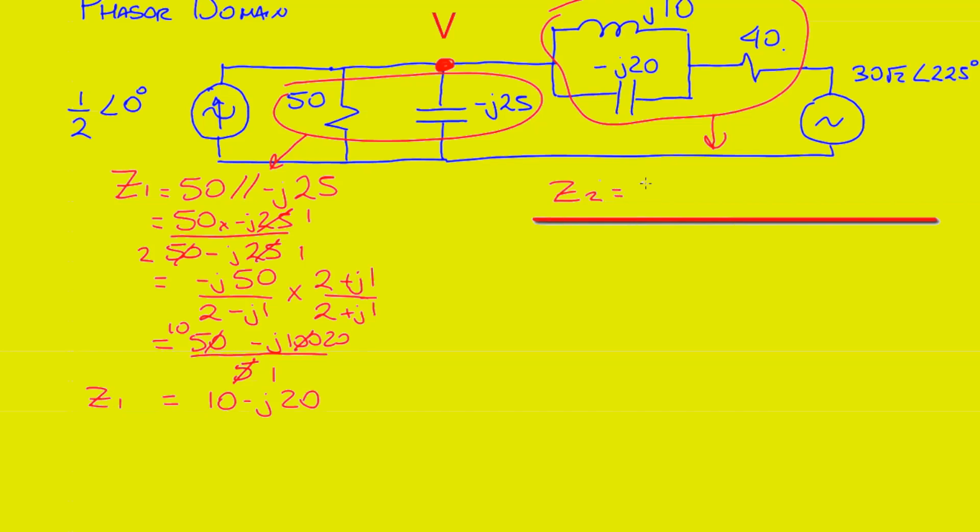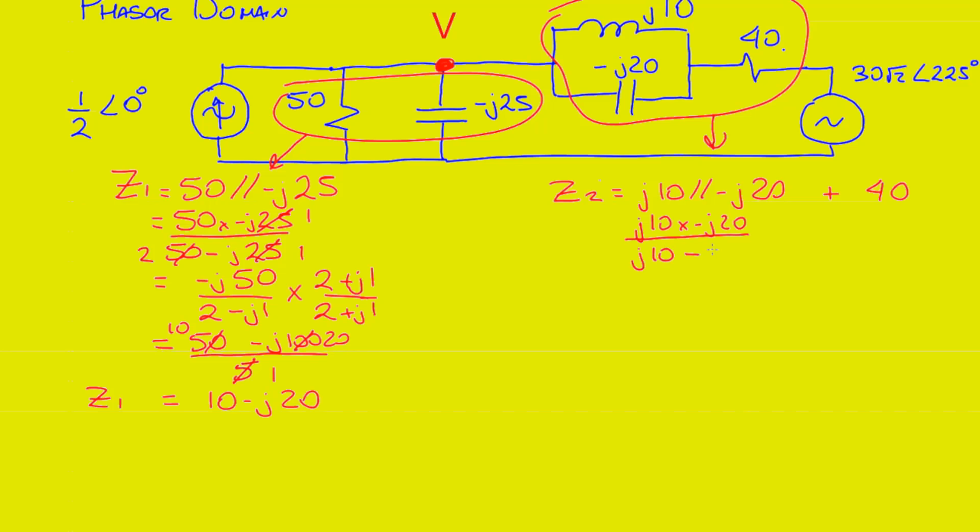Z2 will be equal to j10, the inductor, in parallel with minus j20, plus 40 ohms for the resistor. First, we'll determine the parallel equivalent of j10 in parallel with minus j20 using the product over the sum. j10 times minus j20 divided by j10 minus